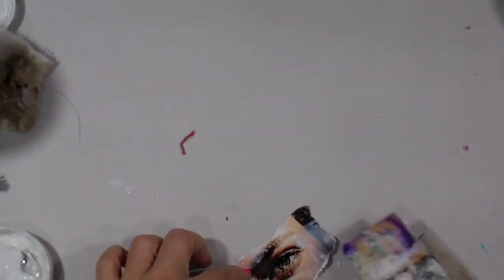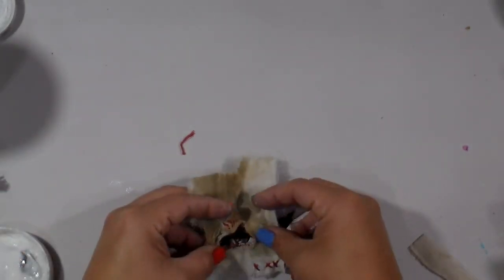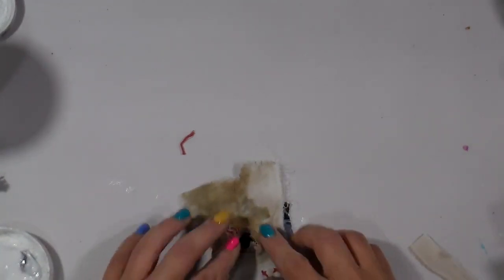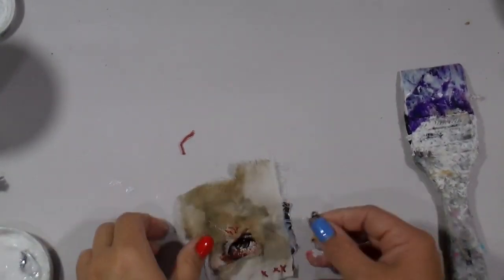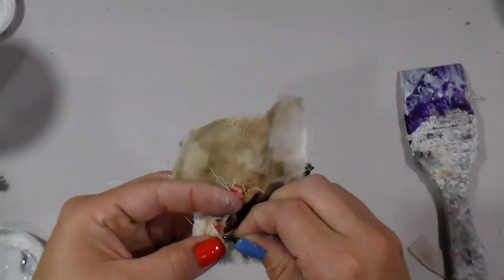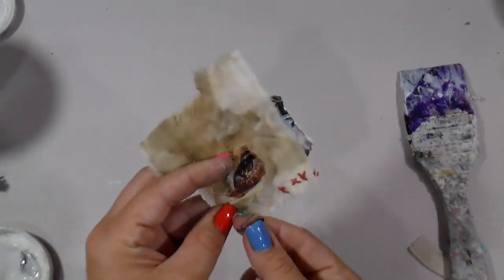And then I'm going to use my matte gel medium. I've got to get the book out of the way so y'all can see what I'm doing. I'm just using the matte gel medium to go around the edges there, just to kind of get it centered the way I want the eye to peek through this piece here. And then I decided to take the tiniest safety pin,